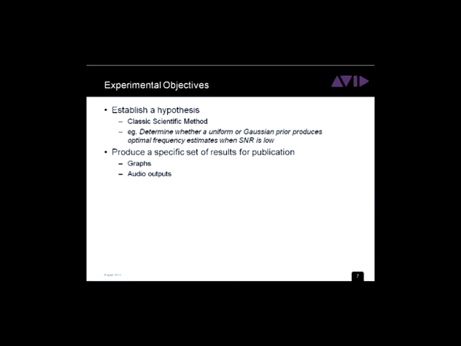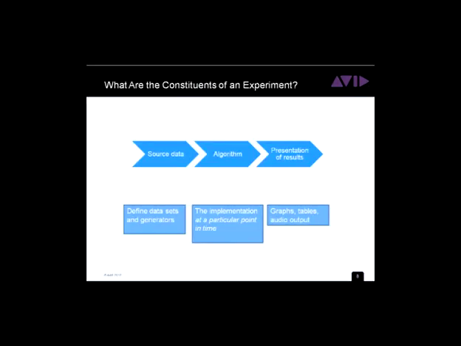So your experimental objective either would be your classical scientific method hypothesis that you want to test, or your intention is that there's some specific form of output that you're intending to generate. So if we look at what goes into an experiment, or how an experiment is defined, I would say that the source data going in, you have to specify where your data is coming from. Otherwise we have the problems, as Mark alluded to earlier,